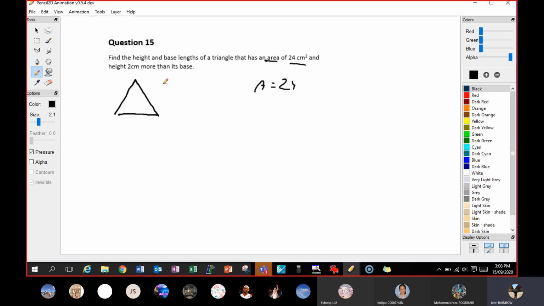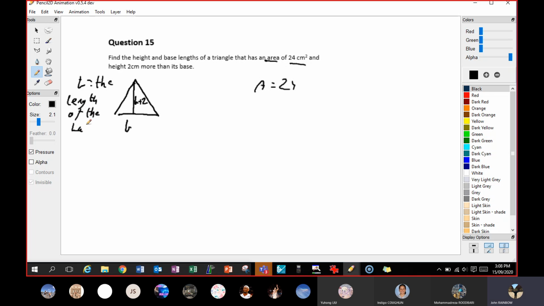and the height is 2 centimeters more than its base. So the height is 2 centimeters more than its base. So we could either call this the base and its height is 2 centimeters more than the base. So that would be b plus 2, right? That's one way you could do it. And I could say b equals the base, the length of the base